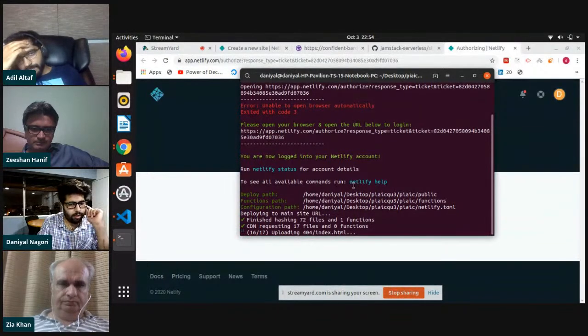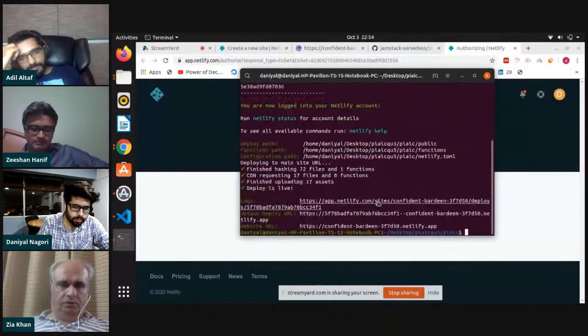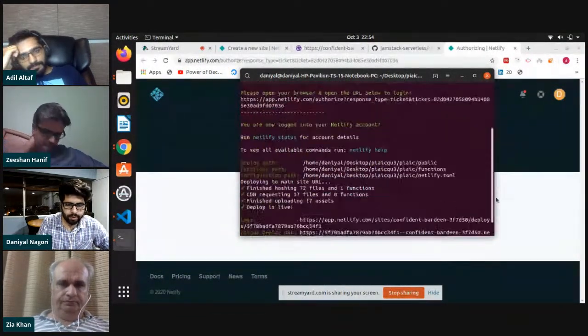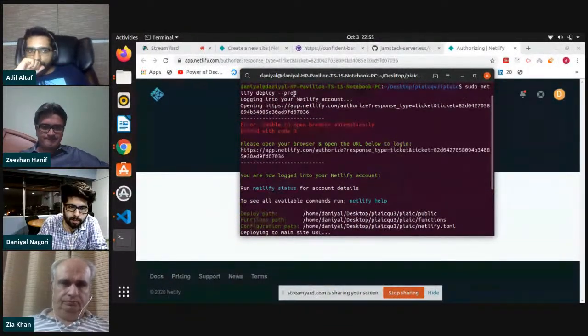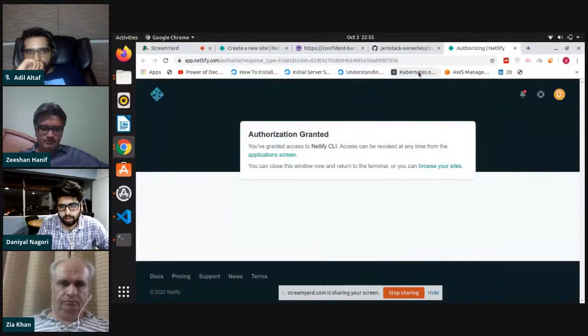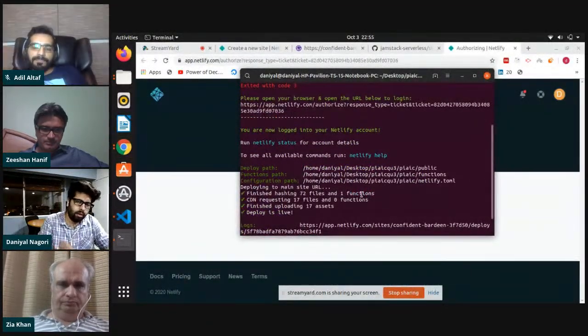Once it's done, then I will show you. Perfect. Because I ran the command sudo netlify deploy --prod, I was logged out. So first I log in using this link provided by the Netlify CLI, and once I logged in,